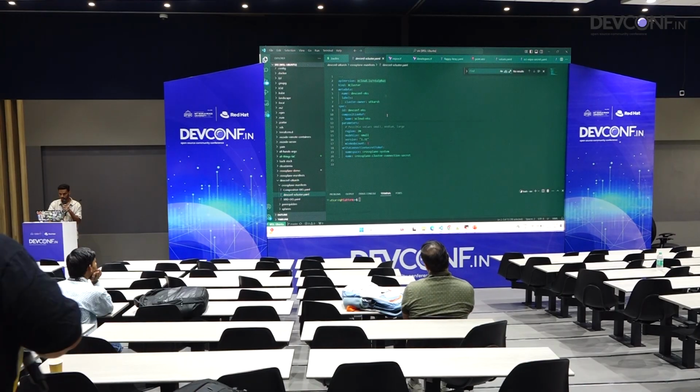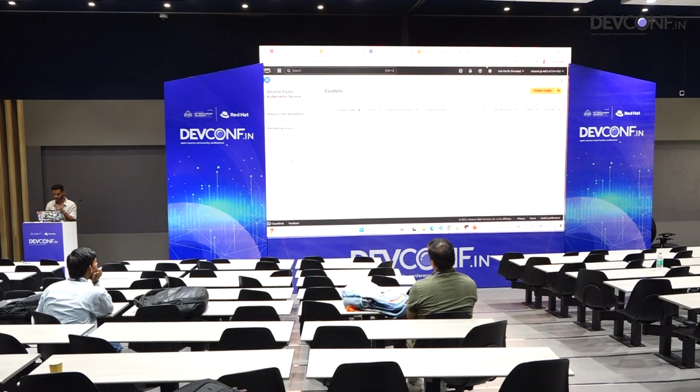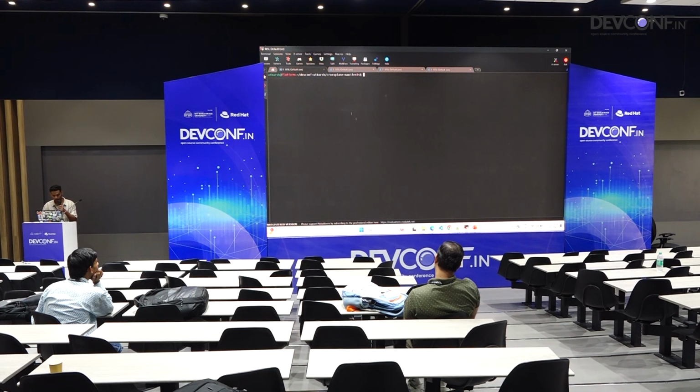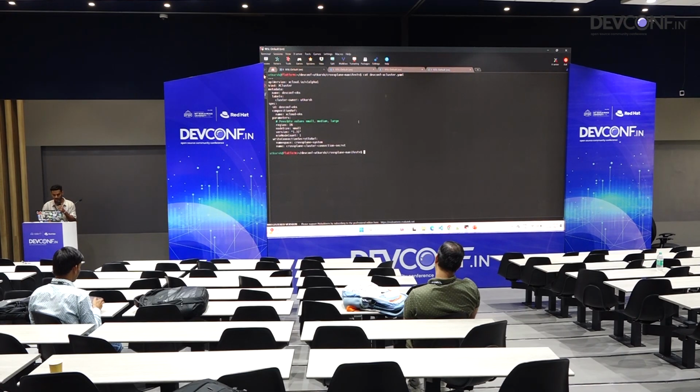So let's just see my AWS console for a minute. I have a clean AP South one, no EKS clusters running. No VPC is here also. The default VPC is there. So let's just ask Crossplane to create a Kubernetes cluster. I will go to the terminal, and as a developer, I have this manifest here, and I will just apply it.